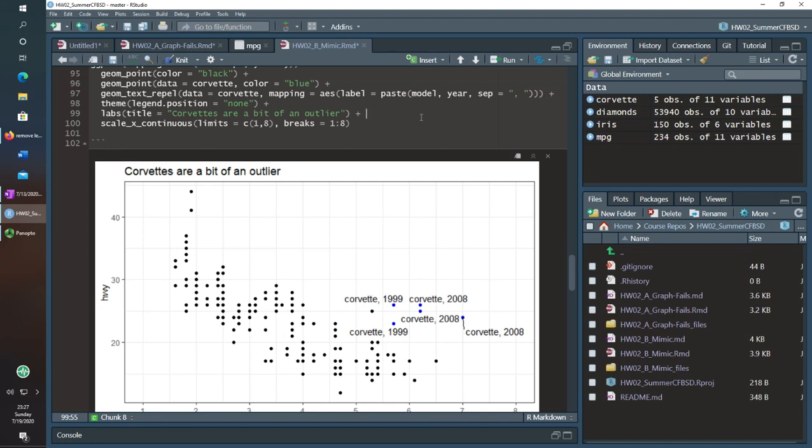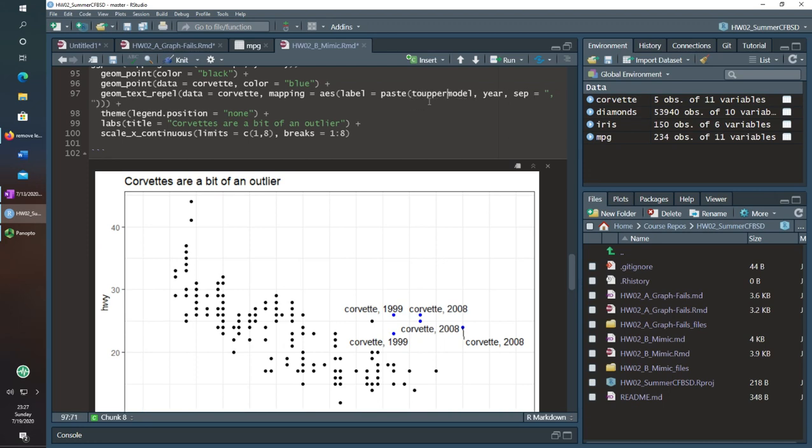If I really wanted to, I could also mess with the model by doing some manipulation to uppercase that. So there's things like toupper, which should work.